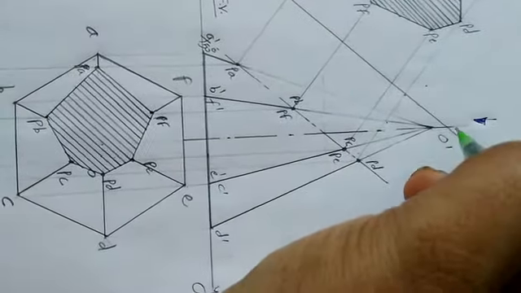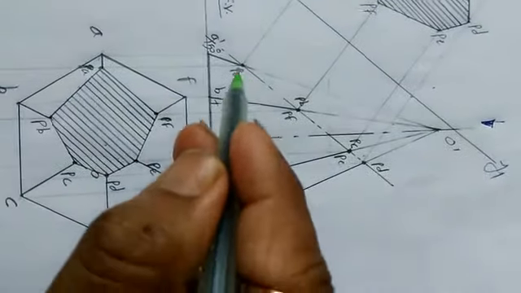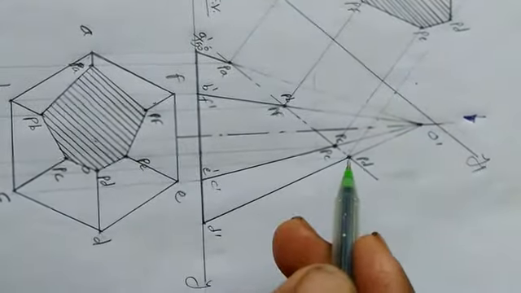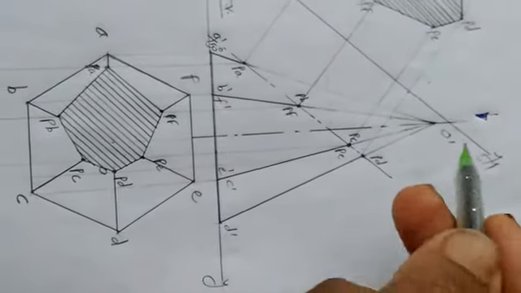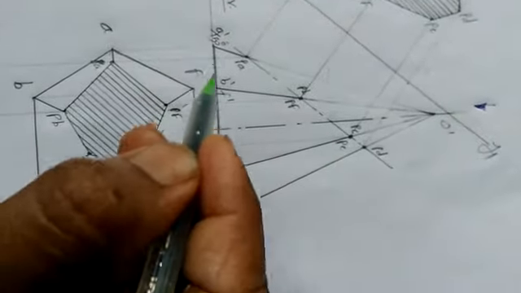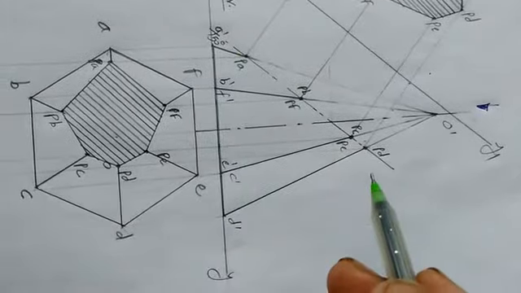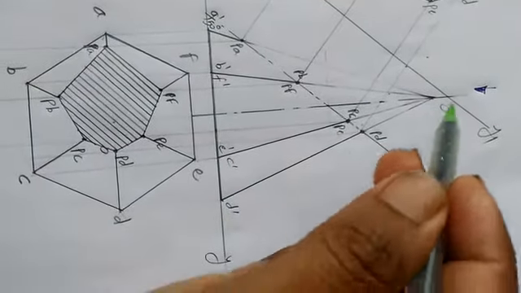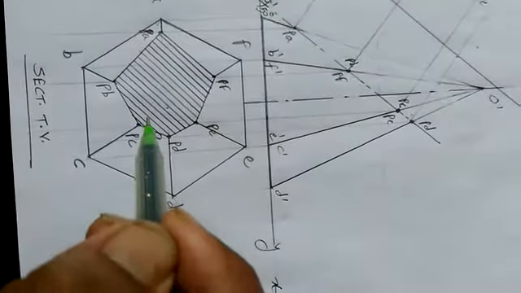In this way, this arrow is normal to HRL. It is not normal to this surface, it is not normal to this cutting plane. Okay, it is normal to HRL. So, as it is not normal to this surface which is getting cut, which is the hatched one, it is reflecting its apparent sectional surface in top view.